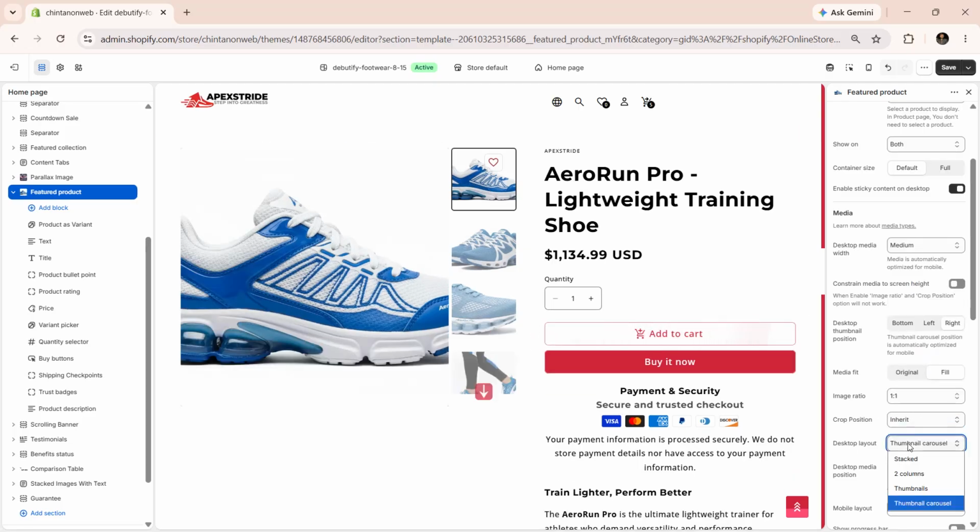Choose your desktop layout to control how product media and information are arranged on larger screens. Stacked displays product media and details one below the other. This layout is clean and simple, ideal for minimal designs and easy scrolling. 2 columns places product images and product information side by side, creating a balanced and professional look commonly used in